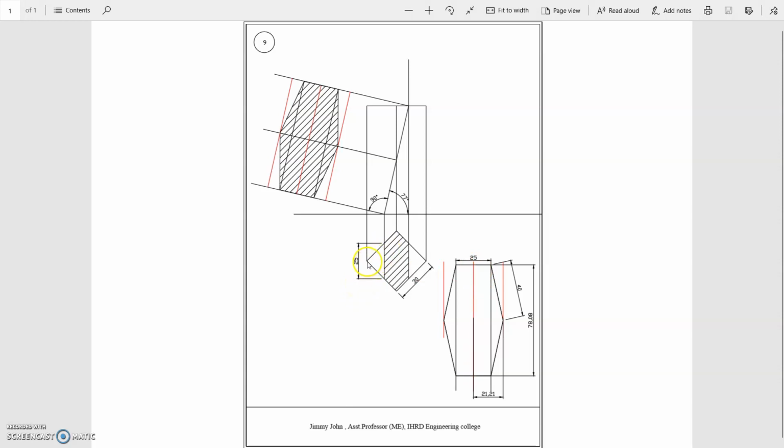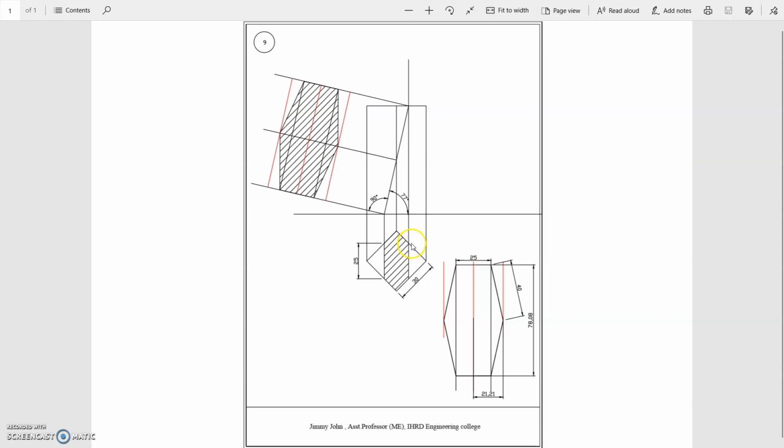From the line joining these two corners, you take 12.5 to this side and 12.5 to this side, so that the lines drawn will meet the square prism at this point and this point.